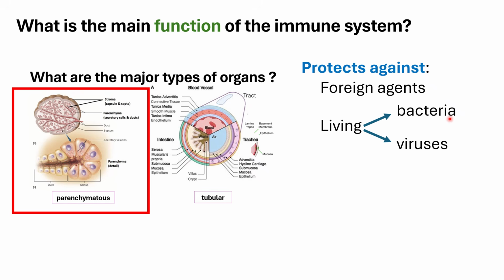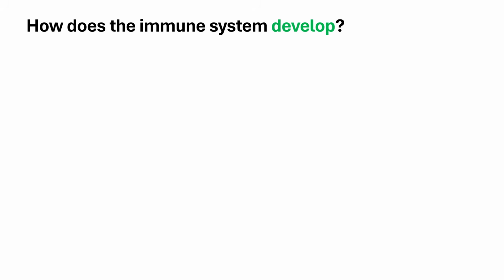And this plays a big role later, because you will see that specific cells of the lymphoid system are specialized to battle against the extracellular bacteria, and some cells of our lymphoid system are specialized to go against the intracellular insult of your viruses. Okay? For the non-living, of course, we have our toxins as well. Usually these toxins are produced by your bacteria. Okay?